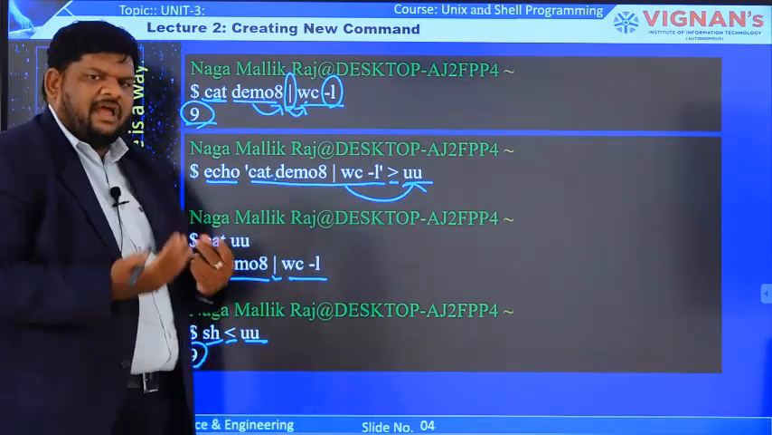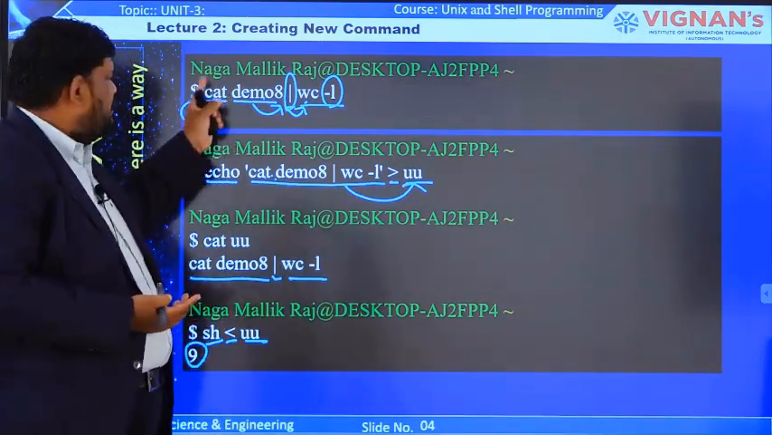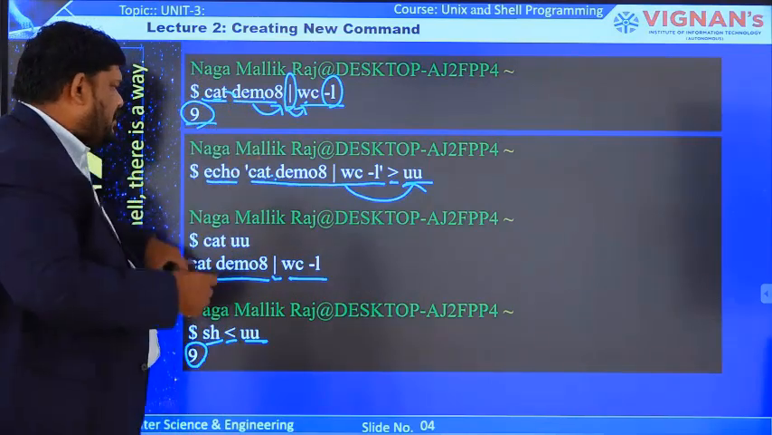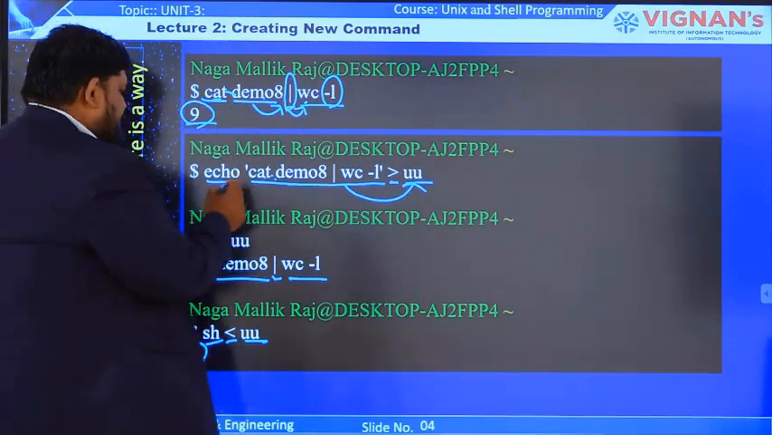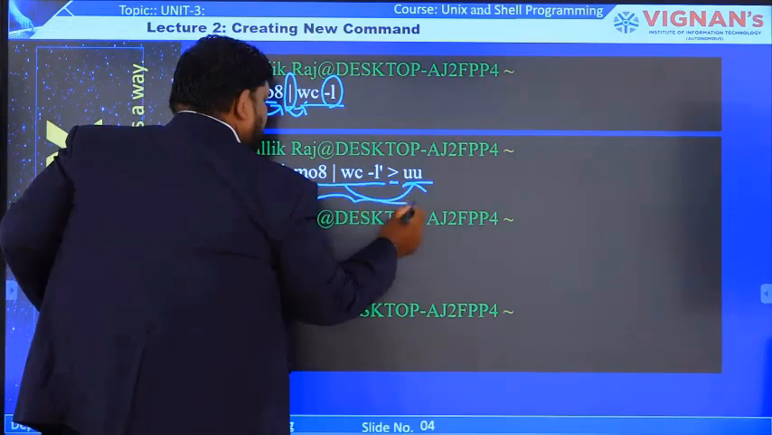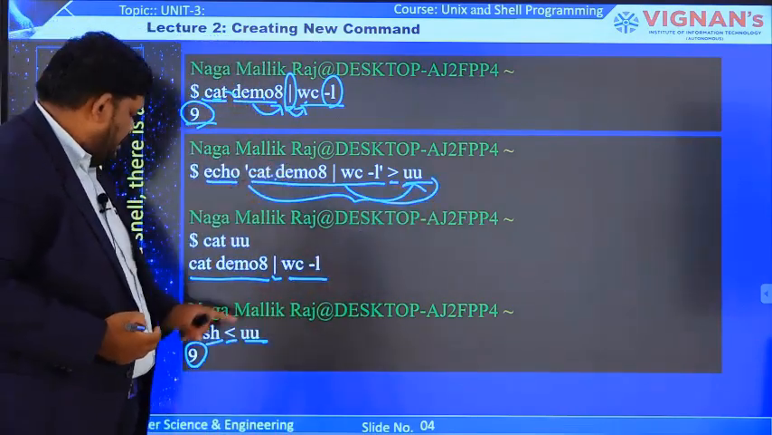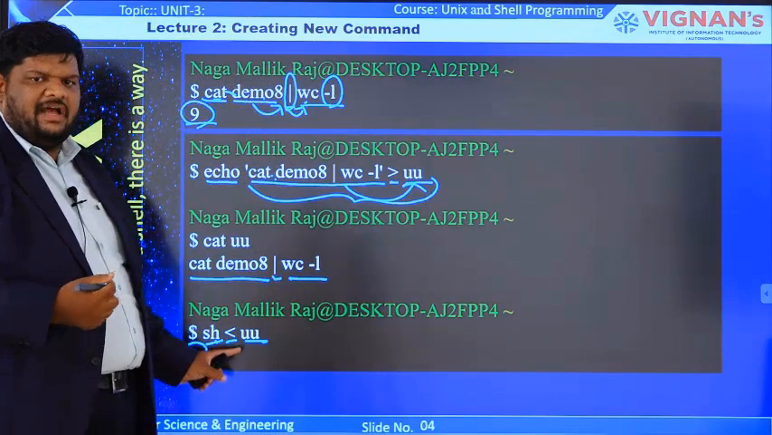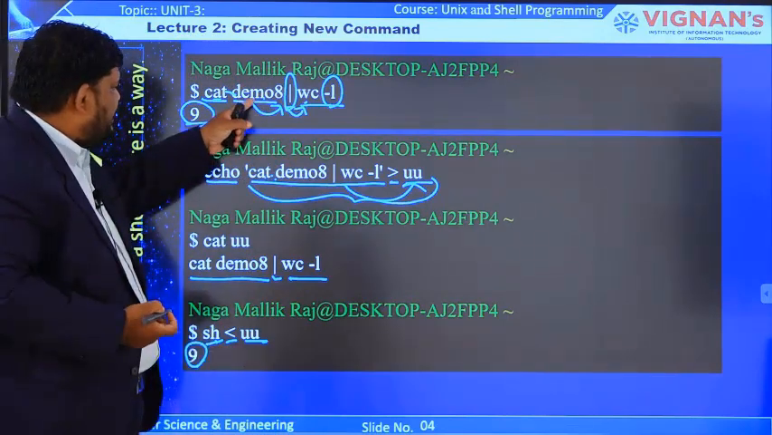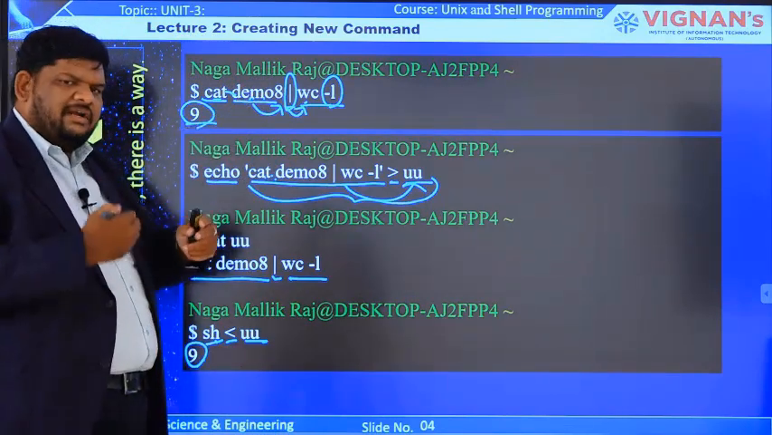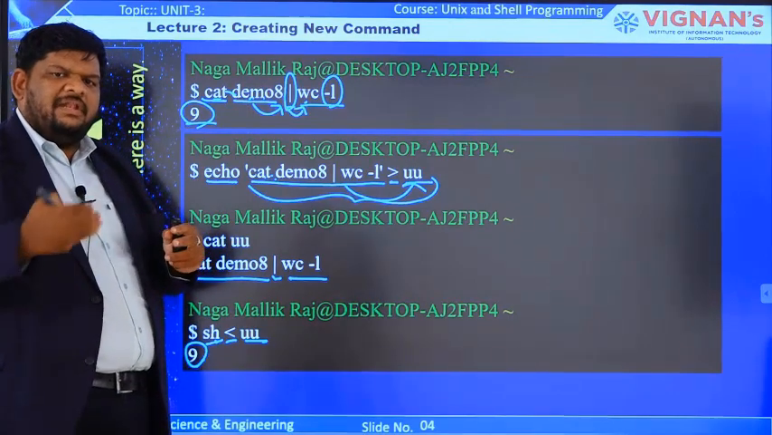Assume somewhere else I again want to execute this command. Again there is no need to type this command. We already created a new command, which is the form of creating a new command. With the help of this new command, I will execute it like this, and again the answer will come. That means if any update is made in demo8 or some new content is added,